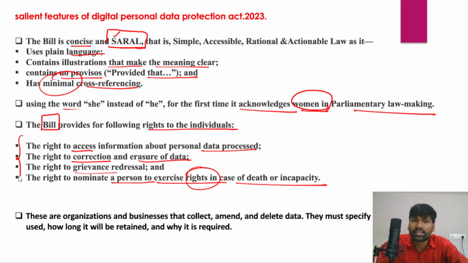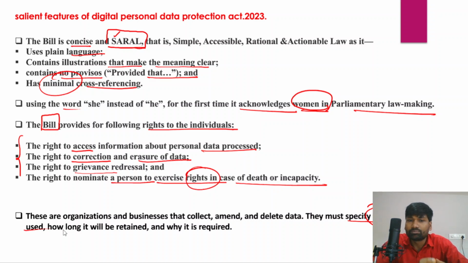And in fact, there are organizations and businesses that collect, amend and even delete the data, particularly the personal data of individuals. And these organizations, businesses, governments, law enforcement agencies must specify how the data will be used. So for example, if a private entity has collected my Aadhaar biometric information, they must specify